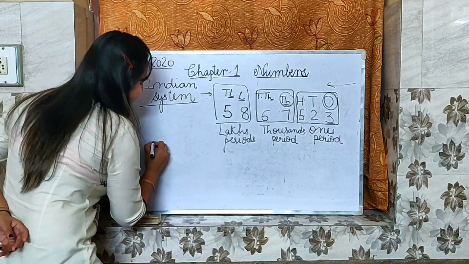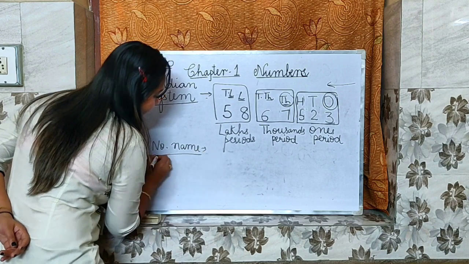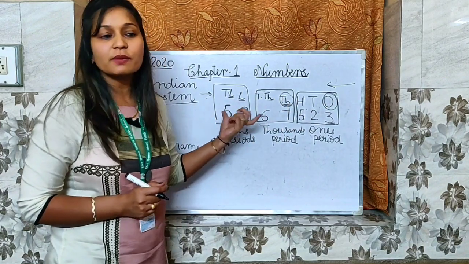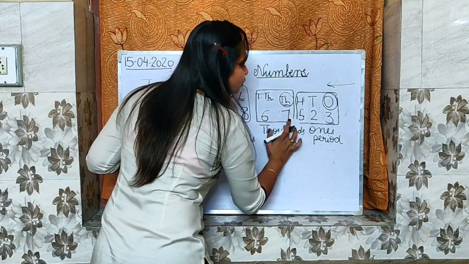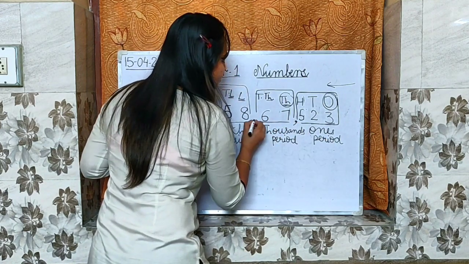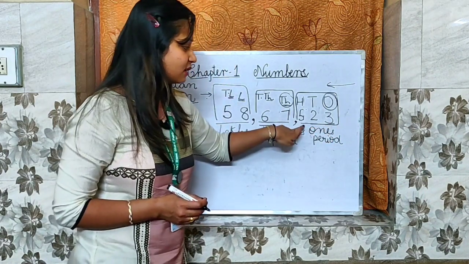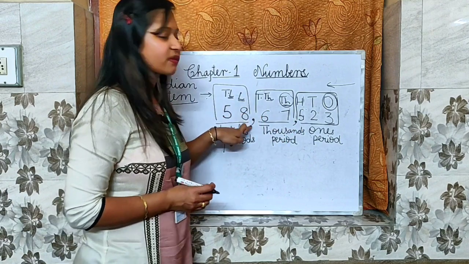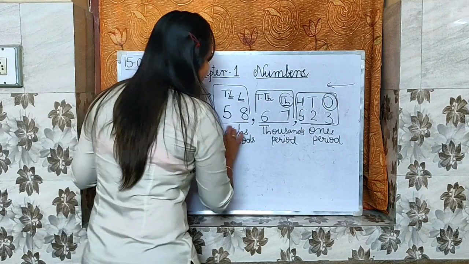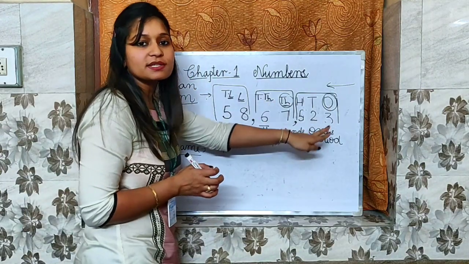Before writing the number name, one thing we have to keep in mind is that in every question we cannot make boxes, because it will be difficult for every question. So in place of boxes, we will always put a comma. Whenever one group ends, before that we will put one comma. For example, one group is ending here, we will put a comma. One group is ending here, we will put a comma, and this group is ending but no group is there, so we will leave the comma. What is the benefit of putting commas? You need not make boxes every time.